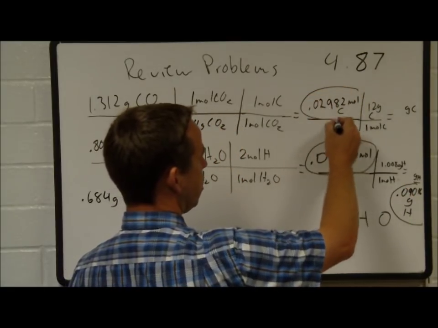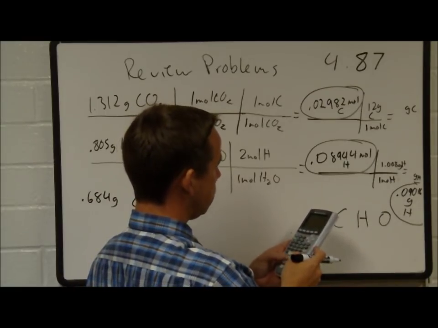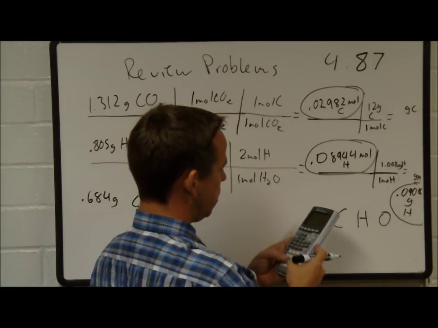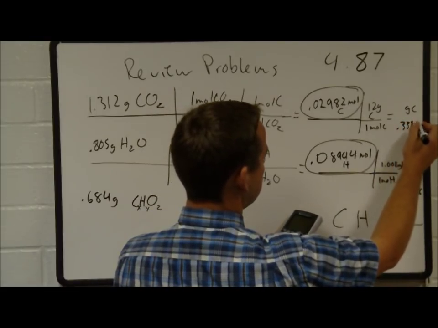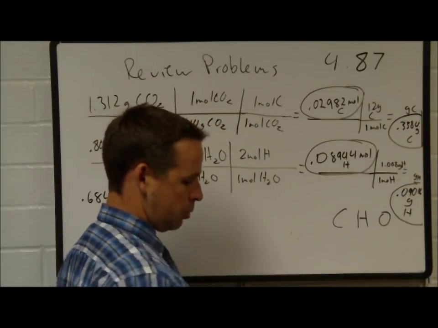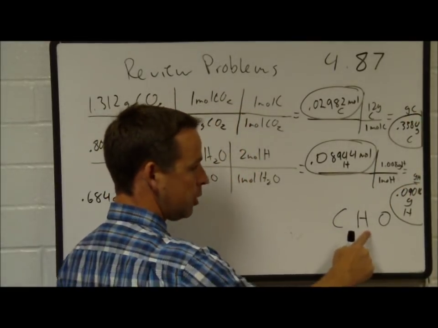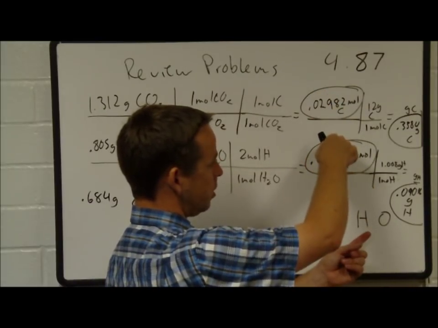Here's our moles of carbon, and 0.0282 times 12.011 gives 0.3384. Now that's our grams of carbon. Now why did we want to go to grams of carbon and grams of hydrogen if what we're looking for is the molar ratio? Well, these values will help us with the molar ratio down here, but we don't have